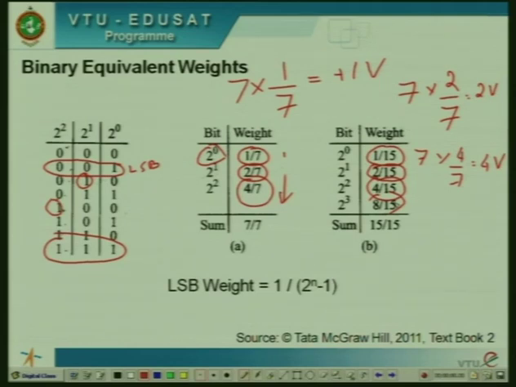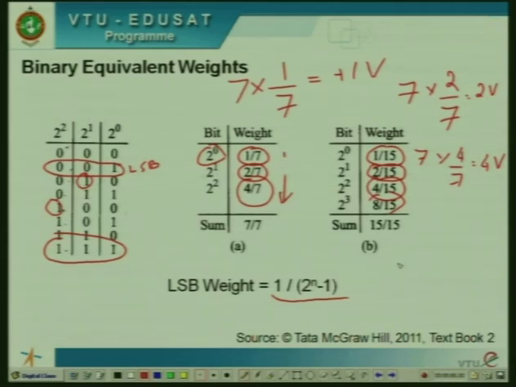Sorry, third LSB. So if you add all these weights, again they sum up to 1. Now as a generic case, we can sum up this argument by saying for any n bit digital number, where n represents the number of bits, what is going to be the weight of the LSB that we require? The weight of the LSB is going to be given by this expression 1 upon 2 raised to n minus 1. For example, just to cross check the calculation that we have just now done, if the bits is 3,